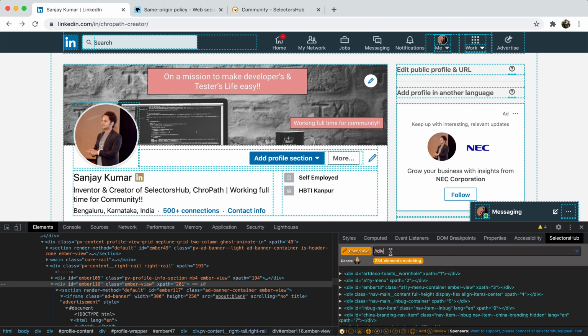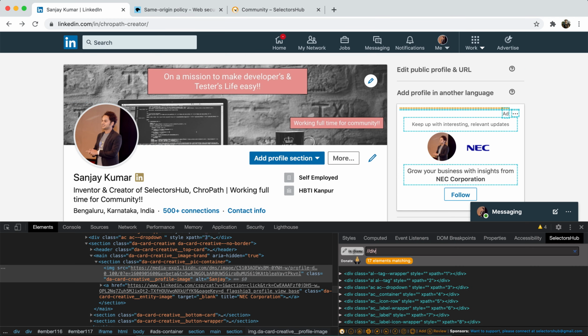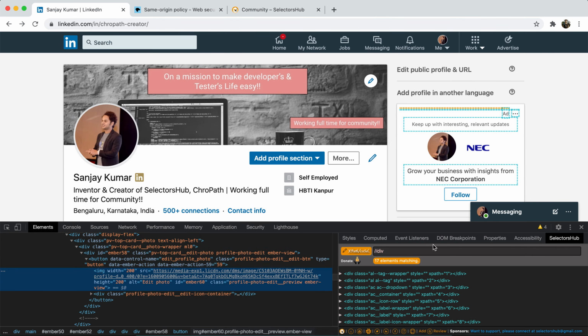Basically, whatever you do in your automation script, if you have to click on any element inside an iframe, you first switch to inside that iframe, then you click. Then if you have to click on any element outside the iframe, you switch back to the parent DOM and then click. Similarly, the same concept is here. If you have to verify any element inside this iframe, first you inspect any element inside the iframe, then you verify your XPath inside the iframe. If you have to verify outside, you inspect any element which is outside, then you verify.